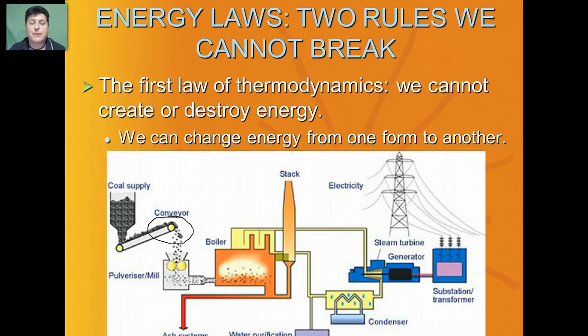Coal is an excellent example of stored potential chemical energy. That coal is going to be burned. And when you burn that coal, it's going to convert that stored energy into the energy of heat. That heat energy then is going to be used to create kinetic energy in water molecules as it's turned to steam, which then turns a turbine and converts that energy into electricity, which then can come to our homes. So we didn't create that energy, but we did convert it from the stored potential energy in the coal all the way into the electrical energy that then is transferred to our homes.